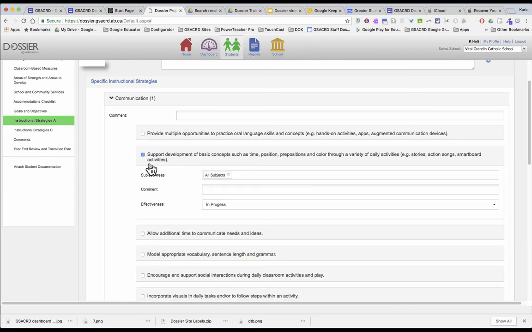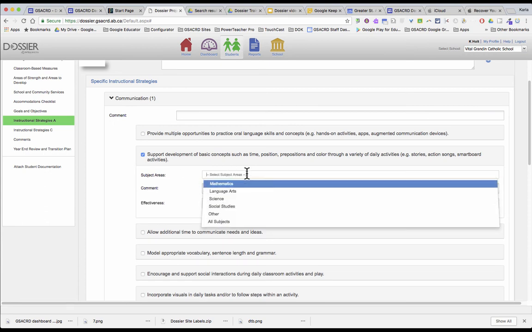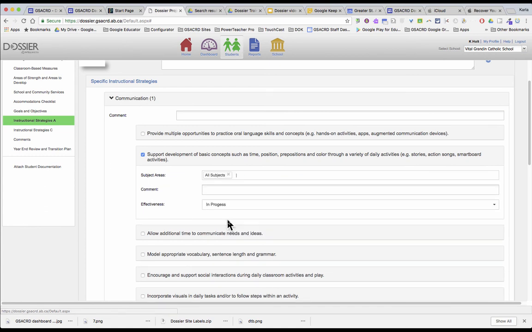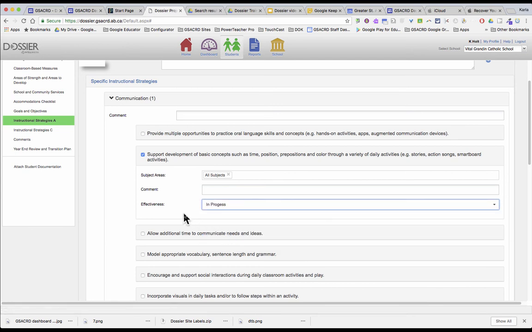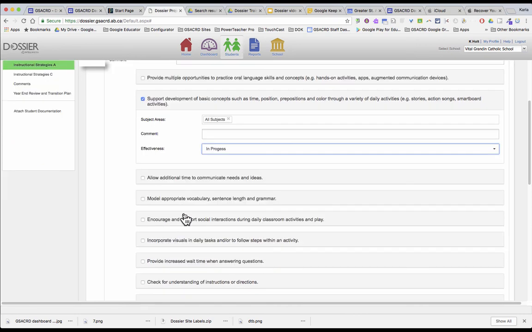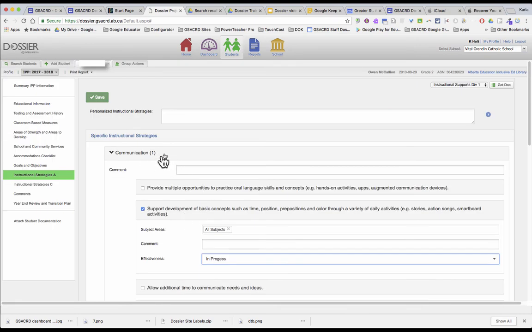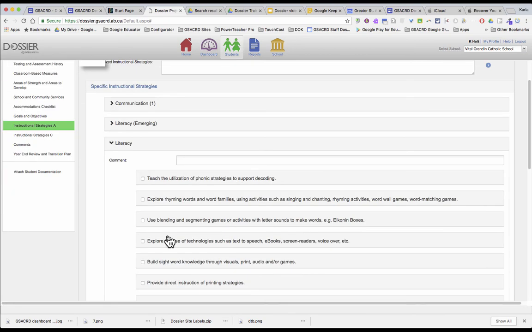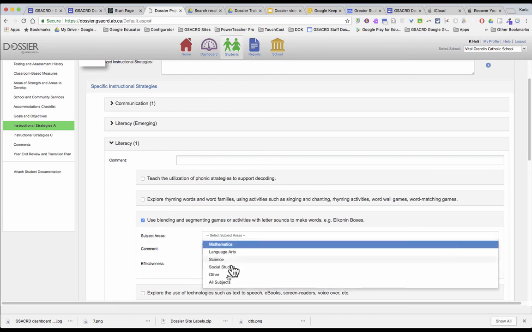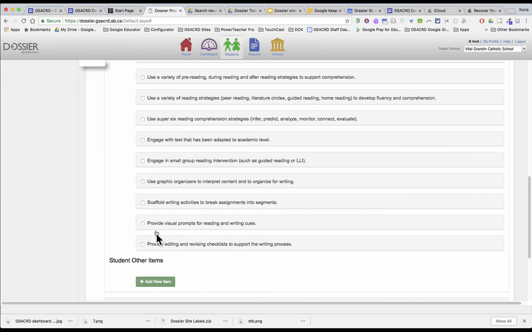So I'm just going to click on one of them. You'll notice here it says all subjects, but where it says select subject areas, you simply click on that and choose all subjects. And then here under effectiveness, you can choose in progress or whatever descriptor suits your needs most appropriately. You'll notice how 1 is selected, so it just says 1 in the brackets. I can then collapse that and go down and look at something. If I needed another instructional support for literacy, I would go in here, and again, I can choose my areas and my outcomes